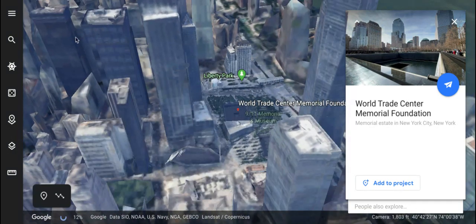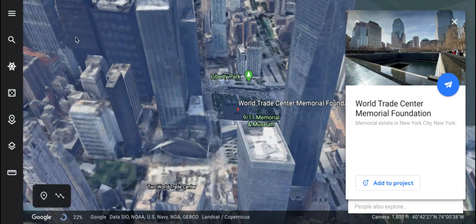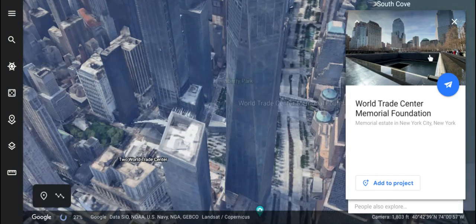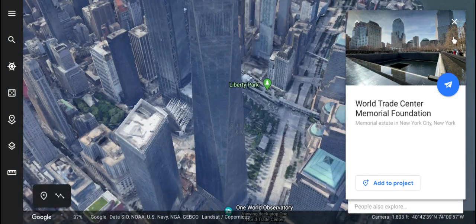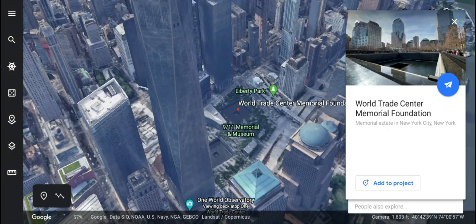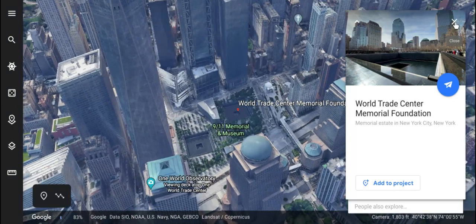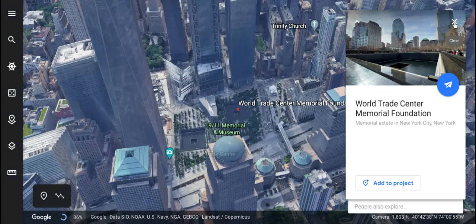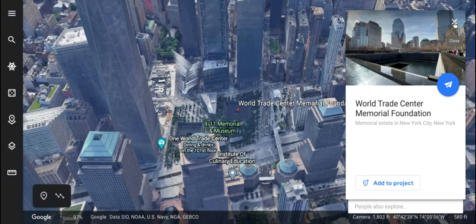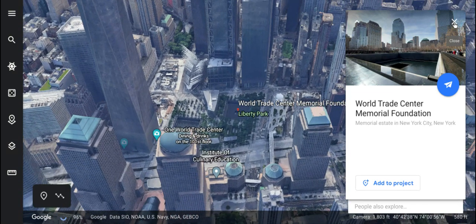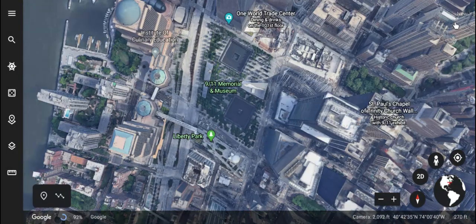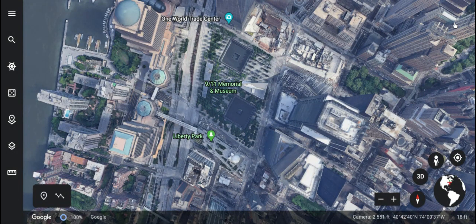So I don't know how many of you have been here. I would assume if you've been to New York City, you've taken time to be here. And all of my kids just got so quiet. They took a look at this, and some of my kids had been here. None of my kids were alive when 9/11 happened. And I told them that I had been here. At that point, I'd been there once. I've been since twice. And I said, there's a feeling when you walk in to this memorial.